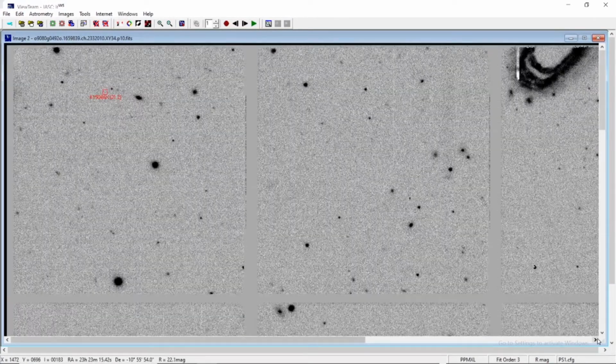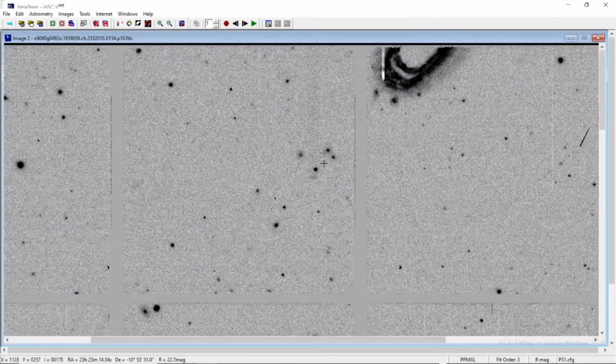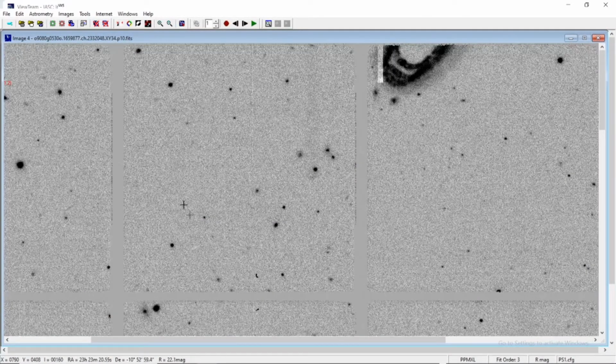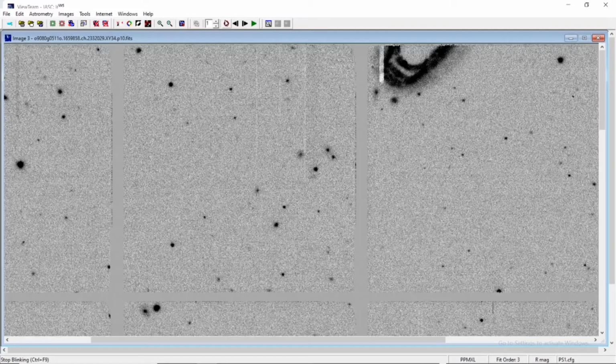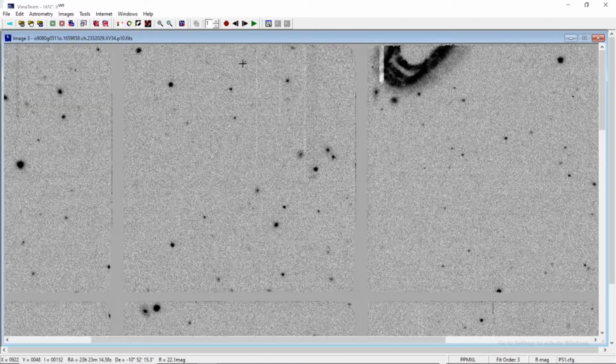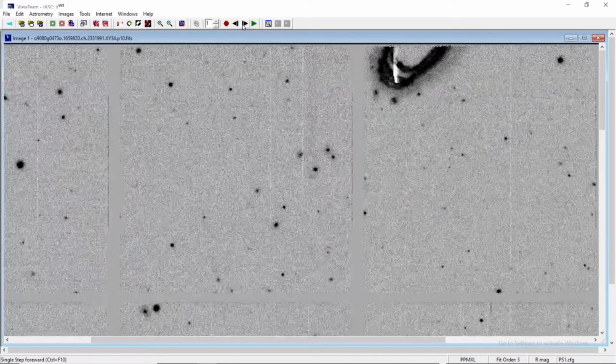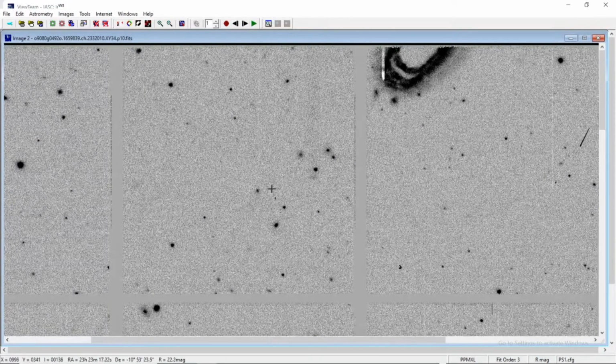So now let me move forward to the second square, first row, second column. Here in this particular square, you cannot see any particular moving object. Now there may be a few objects present here and there. Let me stop the blinking. This particular object may give you a sense of movement. If you move further a bit, again further, there is one more object which appears. This may also give you a sense of movement. But are they really moving objects?